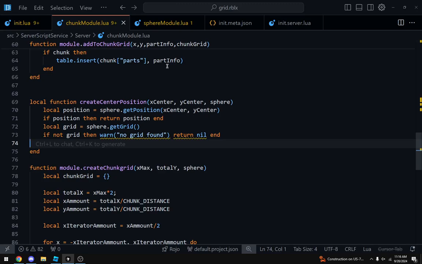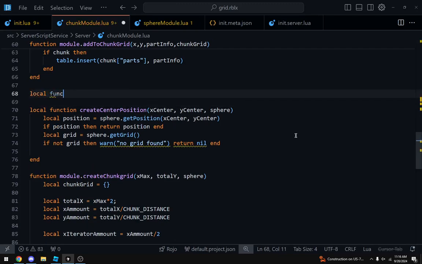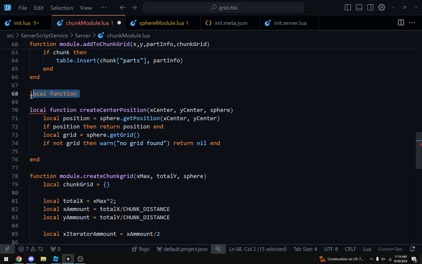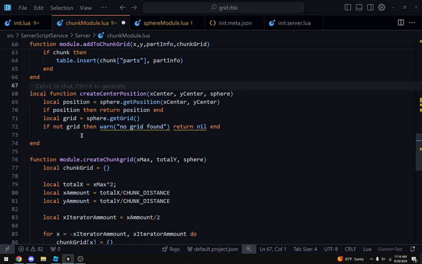So now that we have the grid, we want to go through the grid, and we want to find the closest part. So we want to get two numbers and see how close they are. To do that, we can create a local function closeness. Honestly, that's really simple. There's this really complex thing called arithmetic, and we can just subtract the numbers. It's very complex.